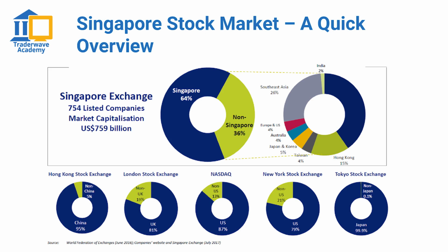So as you can see over here, this information was updated in July 2017. Although it's been 2 years already, it is still pretty much unchanged generally, all right? So we have more than 700 companies listed on the SGX, and market capitalization as such. But one interesting thing about the Singapore market is that it's a very diversified exchange, where more than 36% of the companies are actually